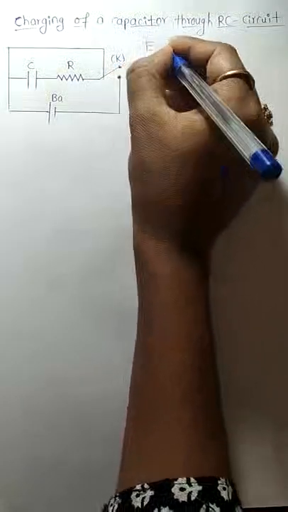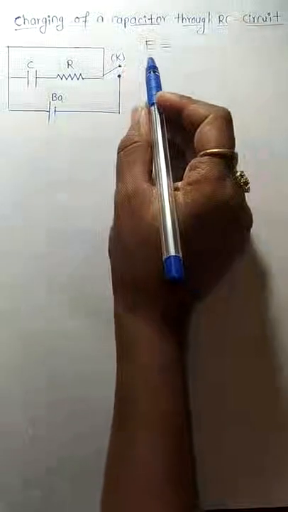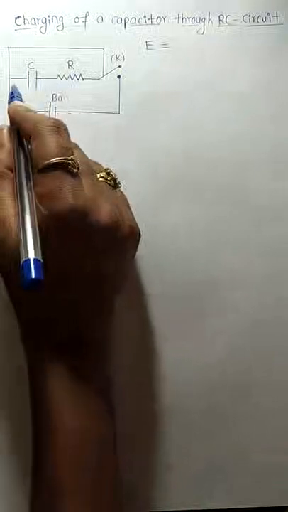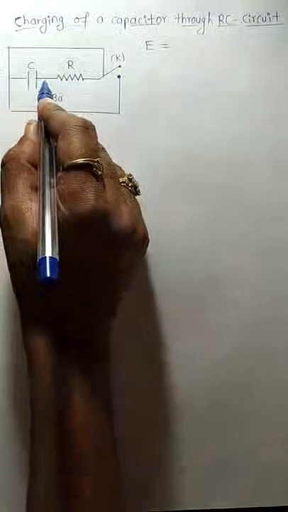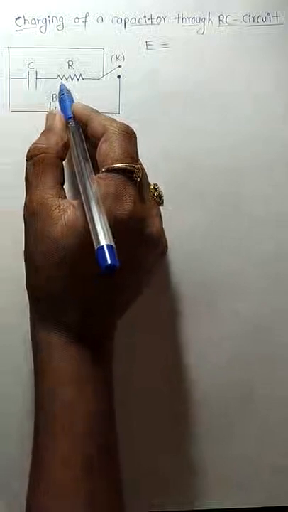So that is E voltage it is giving. The battery is giving how much voltage, which is equal to E. Now this voltage, when it is moving, it will move to the capacitor, and at the same time it moves to the what? Resistor.